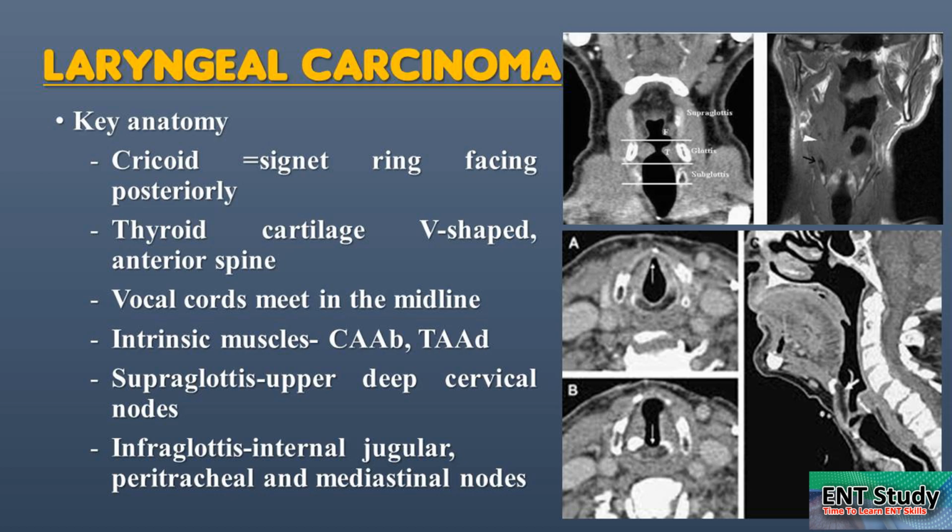Laryngeal carcinoma, as I said, the key is anatomy, and the key anatomy that I just mentioned, very salient points right here. Number one, the cricoid is your key structure. Why? It is the main support. Why? Because it is the only complete frame in the whole of the laryngeal apparatus. That's why it's important. If that collapses, that is eroded, it's really trouble. Then the thing is,